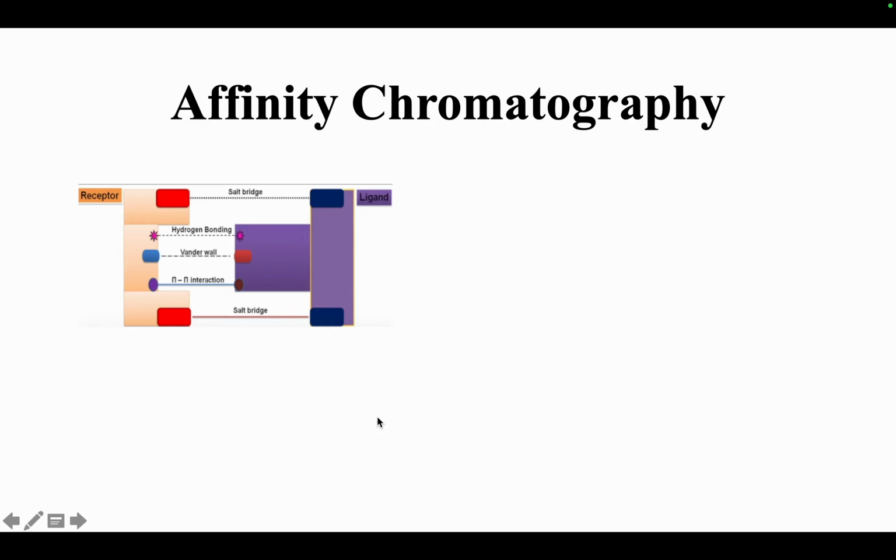And then finally we have affinity chromatography. Affinity chromatography is a very specific chromatography, because it is highly selective to the protein or enzyme which you want to separate. So we have a receptor and we have a ligand. This receptor has a very high affinity for the ligand, and we are using this principle in affinity chromatography,